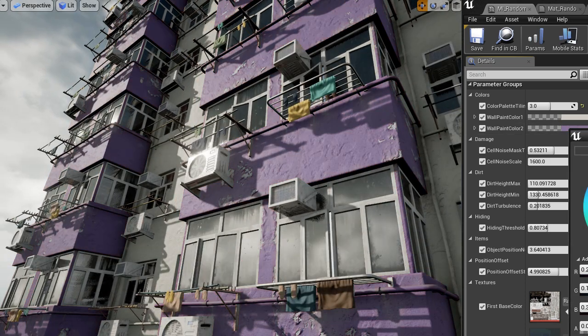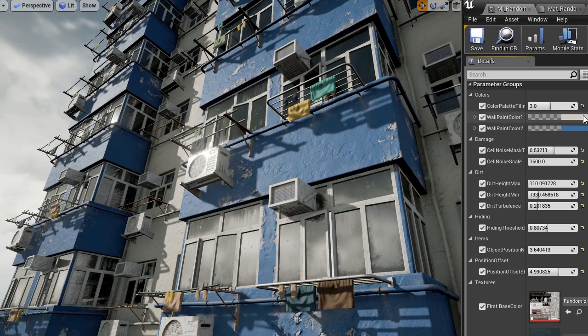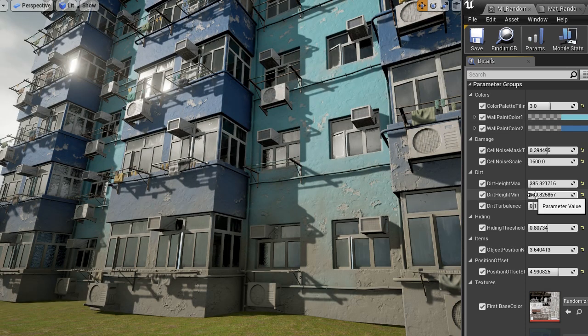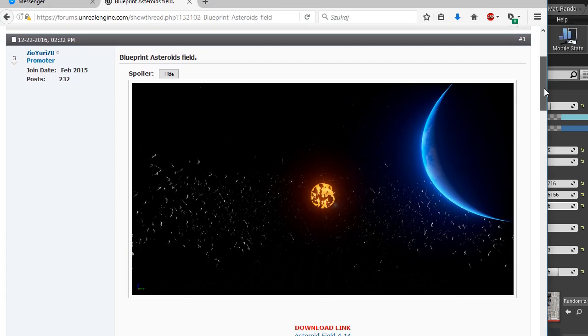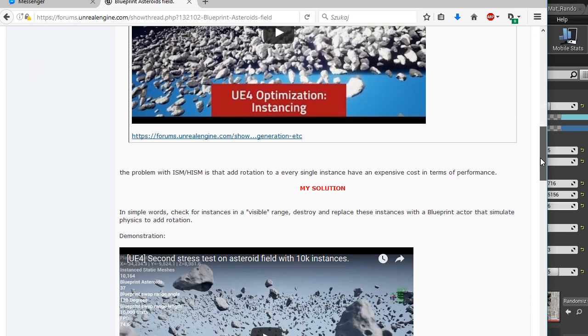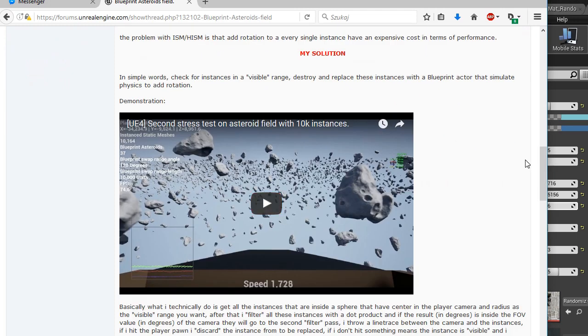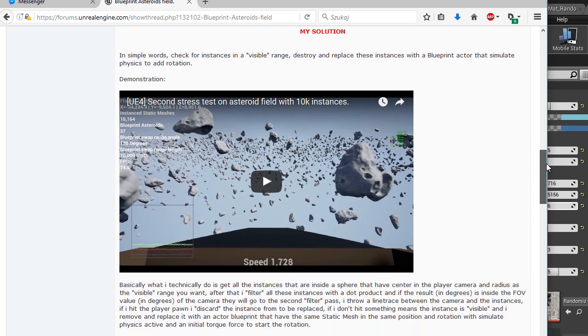I hope this thing was useful to you. I tried to show a lot of features contained in a single project, and I have to say that I'm sure that you will make a much better material out of it, taking my project just as a start. It was a very nice surprise when ZeoYuri78 took my tutorial and created his own optimization of it. So basically what I said was impossible now was proved to be perfectly possible in Unreal.